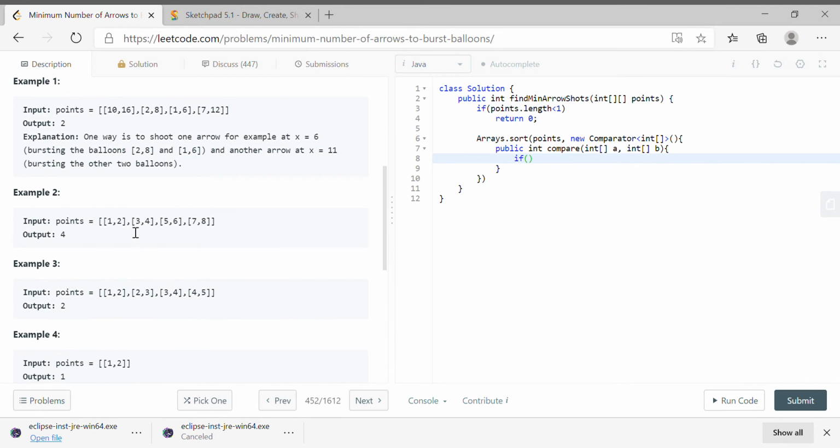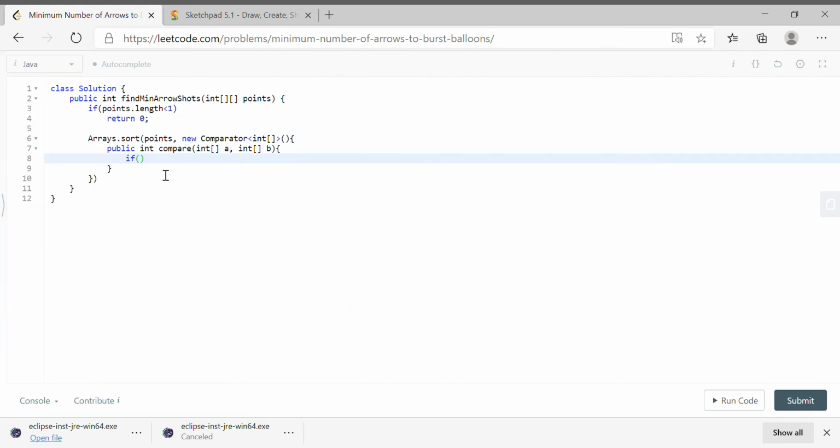If so, if you see simply for this example, let's suppose this is 1 comma 3 and 1 comma 2, right? So 1 comma 2 is less than 1 comma 3, so it should come first. It means 1 and 1 is matching, but there's a difference between 2 and 3. So for that, if a of 0 equals b of 0,